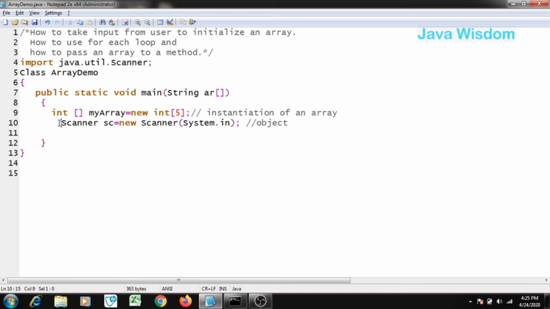The first part is to create an object of the Scanner class. On line number 10, I am writing Scanner sc is equal to new Scanner, and in brackets I am passing System.in. This System.in means the standard input stream, which will take input from the user.